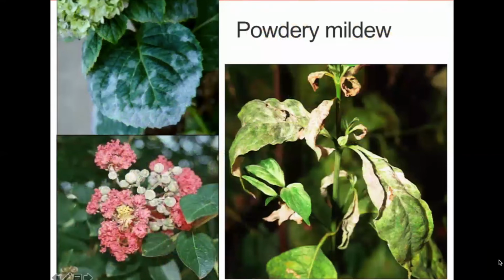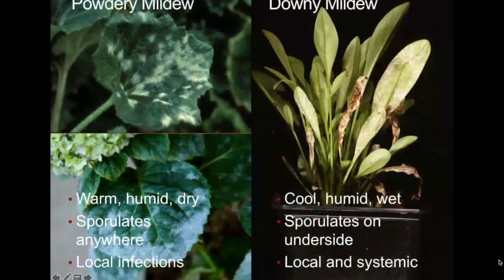Here is a big one, powdery mildew. You can identify powdery mildew very easily because it has that white fuzzy substance on the top layer of the leaves. It goes on the foliage and also on the fruit and flower as well, so that's a great indicator. And with powdery mildew, you also want to be looking for sooty mold. Powdery mildew likes warm, humid, and dry climates,